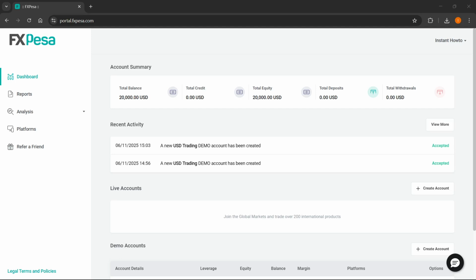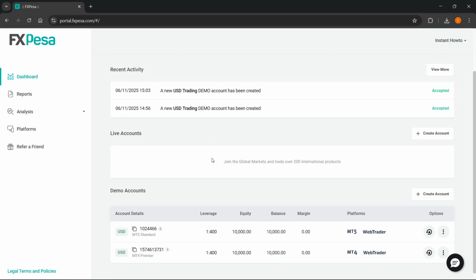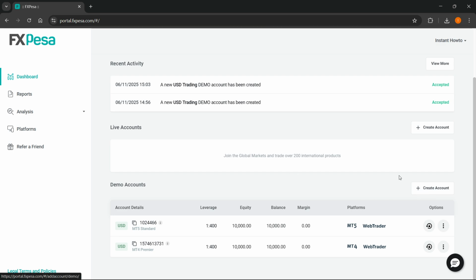In this video, I'm going to show you how to trade on FXPesa. Now, the first thing you have to do, of course, is go into your portal on FXPesa. You want to go to your dashboard, and then you want to create an account, either a live account or a demo account, by clicking this Create Account button and going through the process